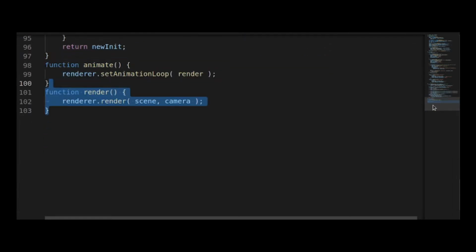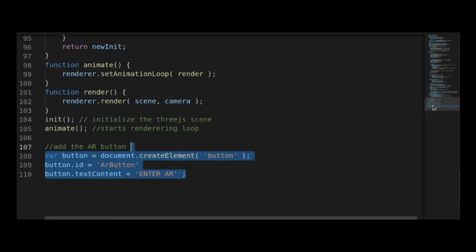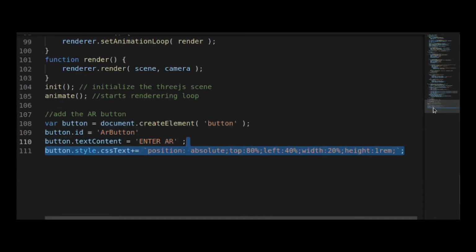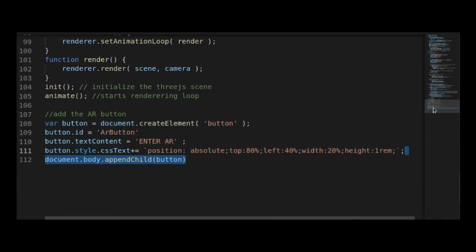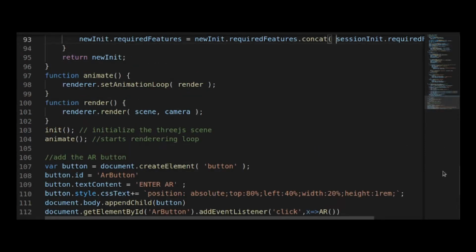Then we have to call our animation loops. This is going to be the thing that gets looped over and creates a bunch of information. And then we're going to call the init, the animate. So we'll start our 3D session, then we'll start animating it. And then we need to build out the button to get the XR going. And that's basically it. So we're just a little bit over 100 lines of code, and we have something that